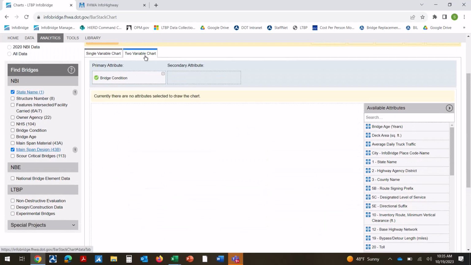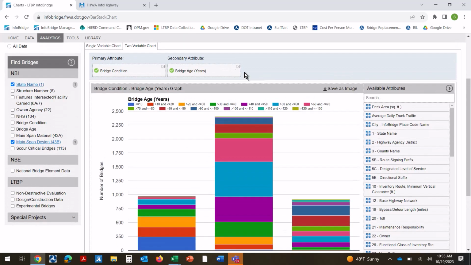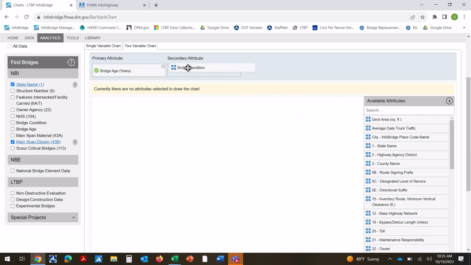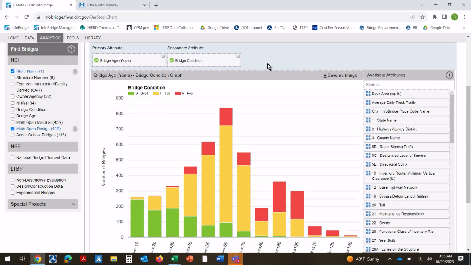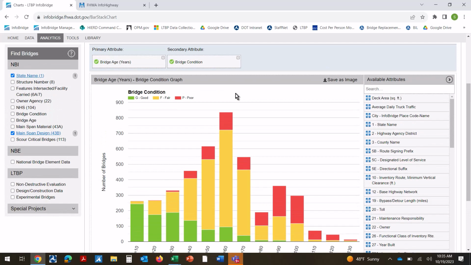Under the two variable chart, similar thing, you may want to do the bridge age versus bridge condition. And out comes such a graph, and maybe we want to swap these, bridge age here and perhaps bridge condition here. Okay, so this is easier to understand. So now you can see it gives you different age ranges, and during that age range, what is the distribution of good, fair, and poor condition bridges. So this is another interesting and useful tool